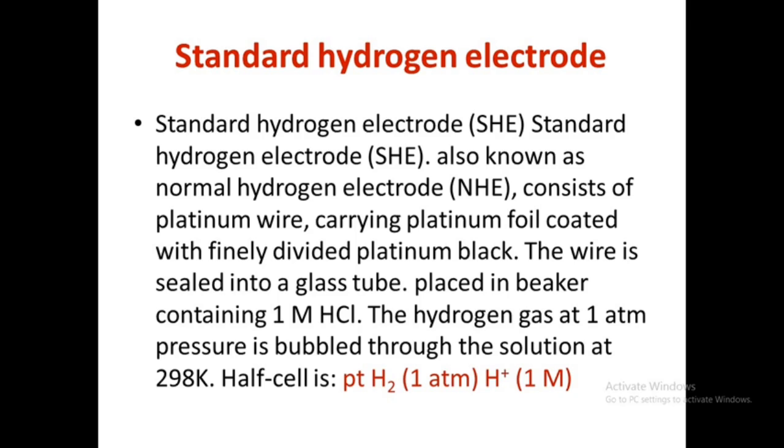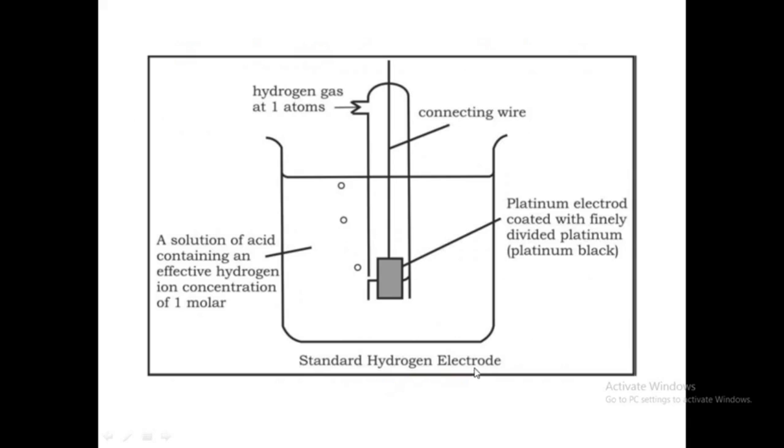The standard hydrogen electrode consists of platinum wire carrying platinum foil coated with finely divided platinum black, and the wire is sealed into a glass tube and placed in a beaker containing 1 molar hydrochloric acid, and the hydrogen gas at 1 atm pressure is bubbled through the solution at 298 Kelvin, and the half cell is represented by this formula,